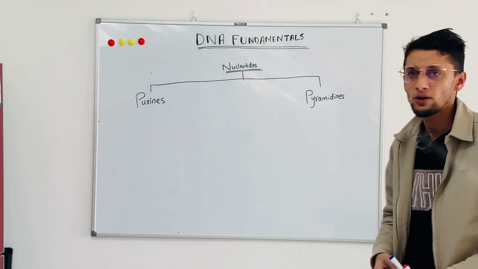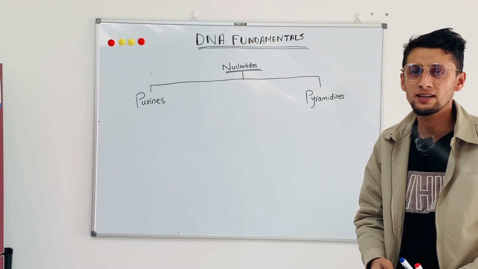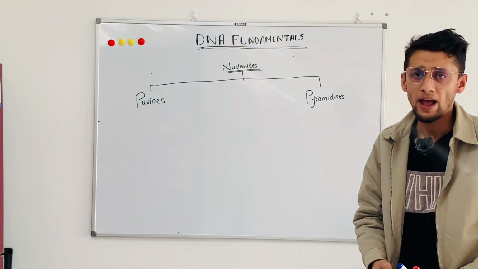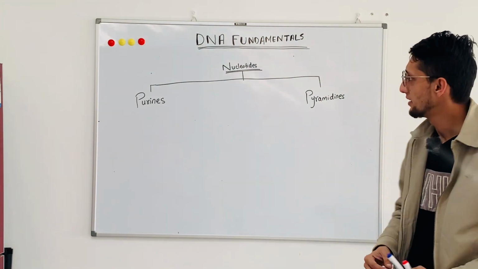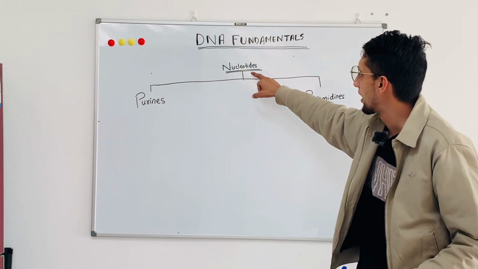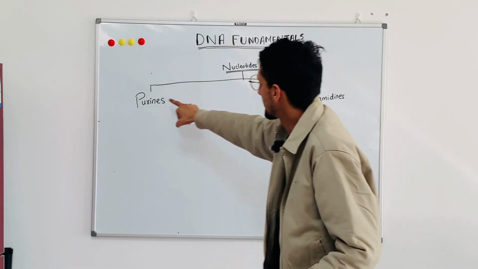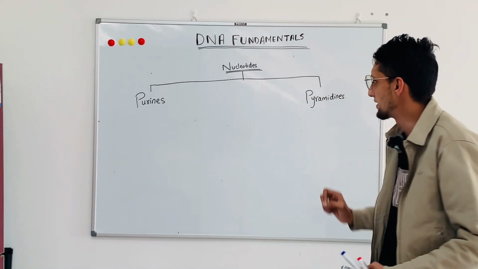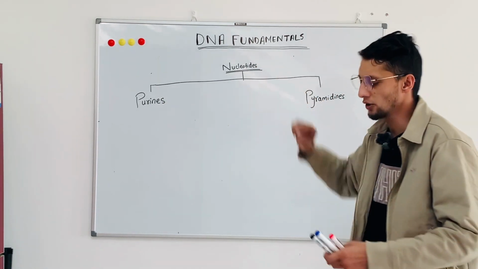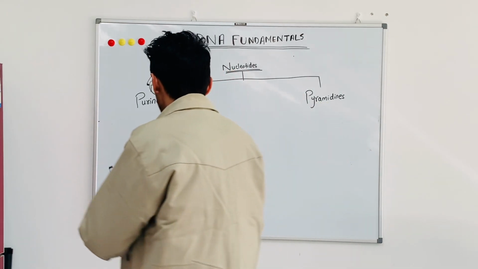Let's move ahead. Everything has a basic structural and functional unit. As the functional unit of the body is the cell, the DNA's functional unit is the nucleotide, right? Nucleotides are basically of two types, that is purines and pyrimidines. What are nucleotides basically? Nucleotides are composed of